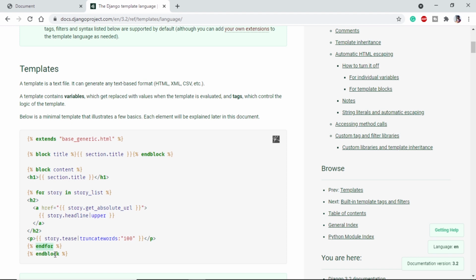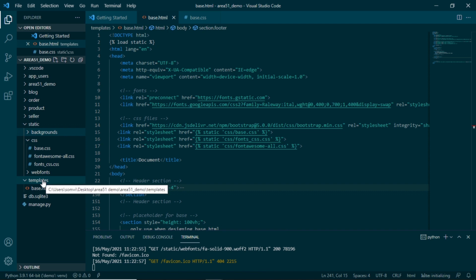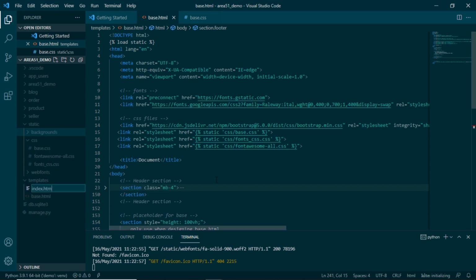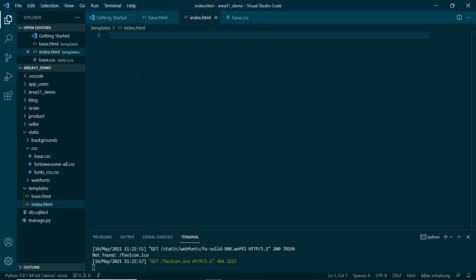For every block we are using end, but for extend we don't have to use any end block. Now using this same technique, I will create one index.html page. In our templates, I will create a new file with the name index.html. Since index.html is generic and it will be the home page, I am keeping it in the main templates. But if I am making any page that is related to seller product, I can keep that in the particular